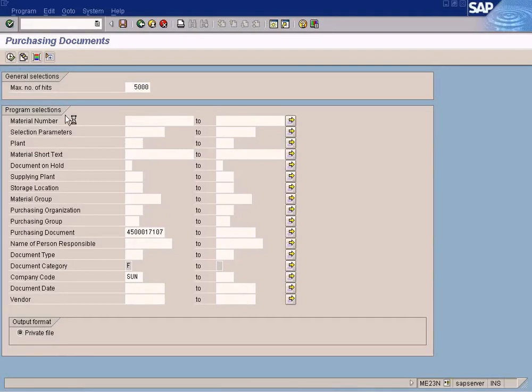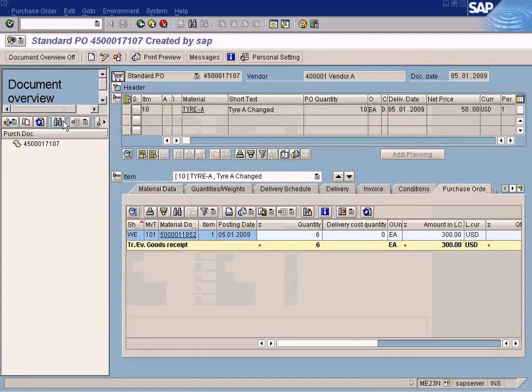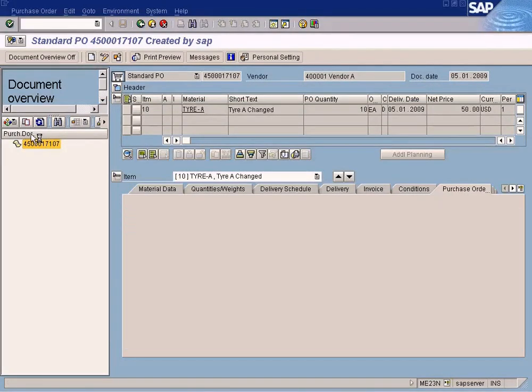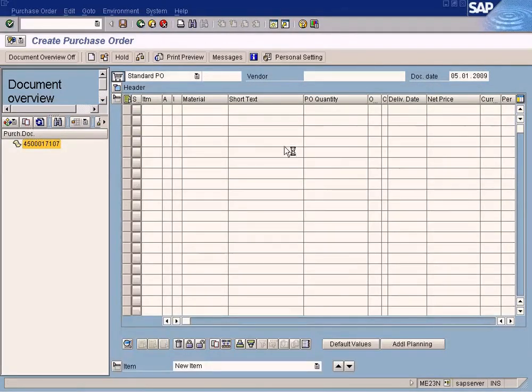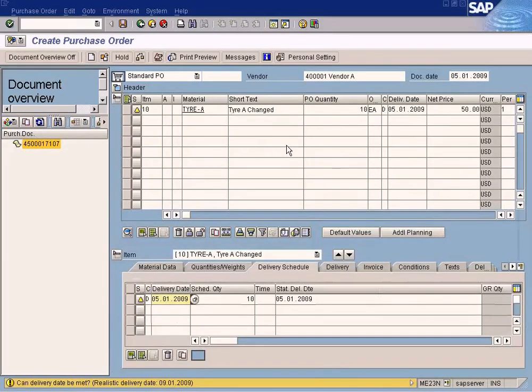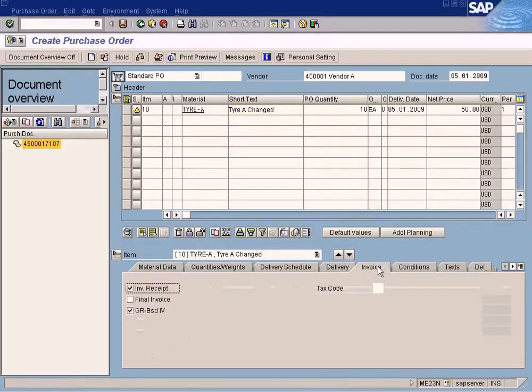Alright, okay, now let me create a new purchase order. Oh sorry, I need to create new. Alright, this is adopted. Now let me show you something. Go to this tab here, invoice. You can see this GR based invoice verification flag is enabled. This checkbox is the one which controls whether this purchase order